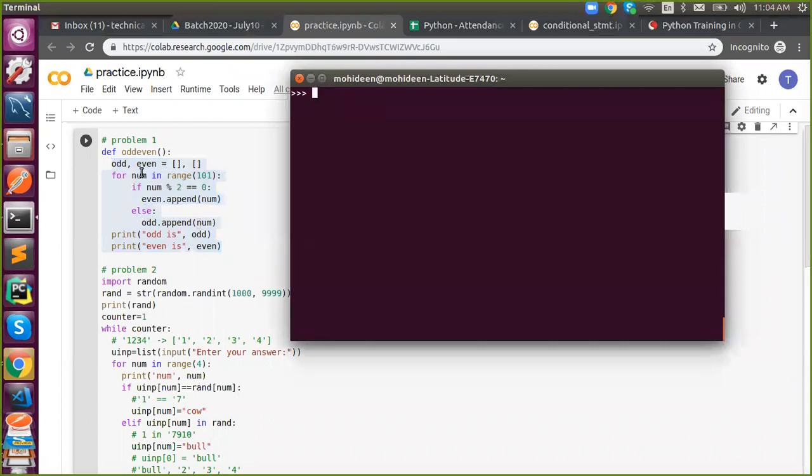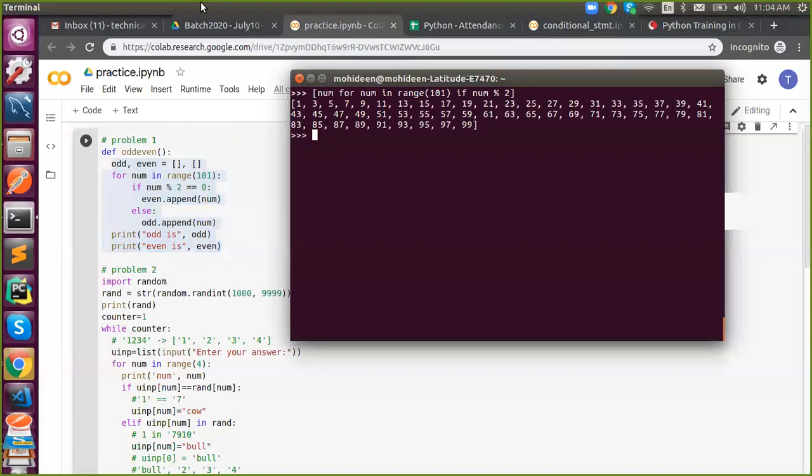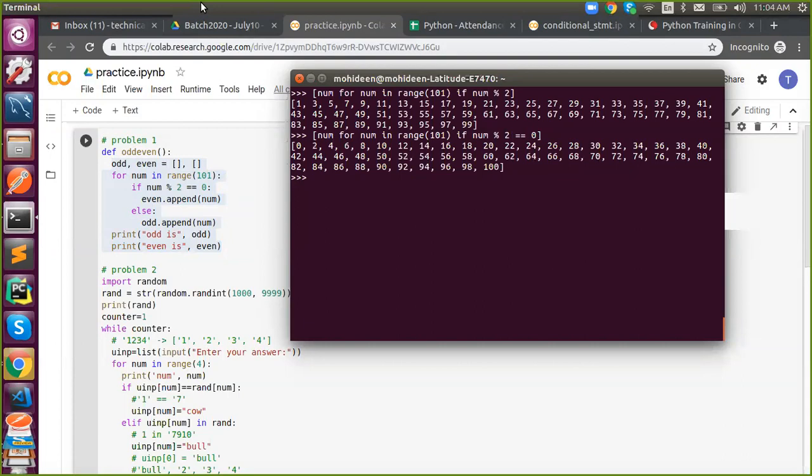I'm going to rewrite this code in a single line. This is odd numbers. This is even numbers, in just a single line.